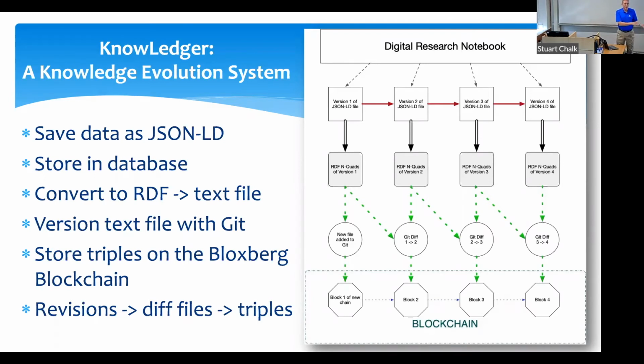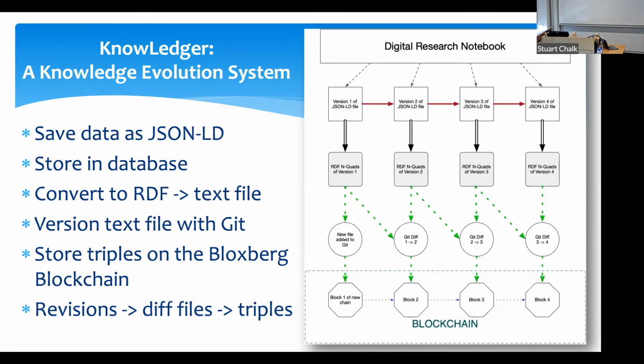Initially, we were doing hashes, as is typical with blockchain, where you hash some data and put the hash on the blockchain. But we found you can put a decent amount of data into the block on the blockchain. We have some interesting ideas about why we might want to do that, which we'll talk about in a little bit. Okay, so this first version of the file has been created.